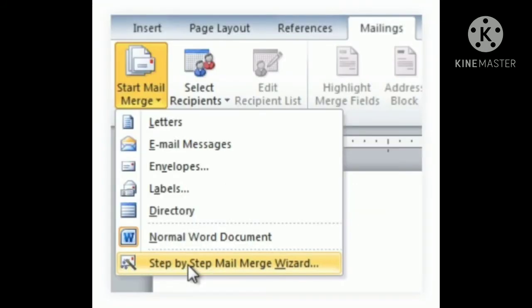Mail merge. When you are performing a mail merge, you will need a work document. You can start with an existing one or create a new one, and a recipient list, which is typically an Excel worksheet.